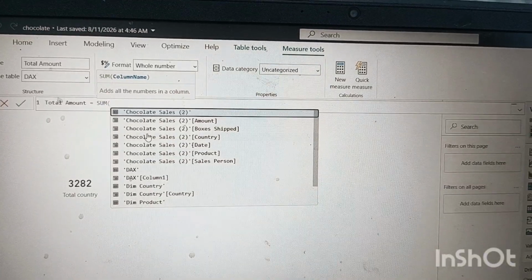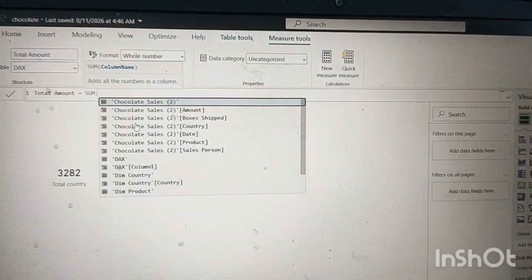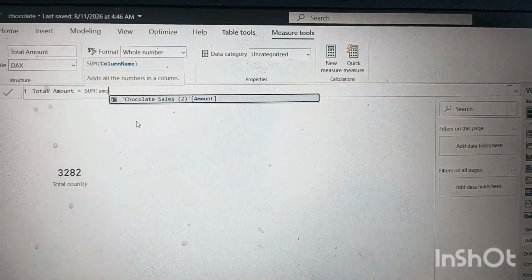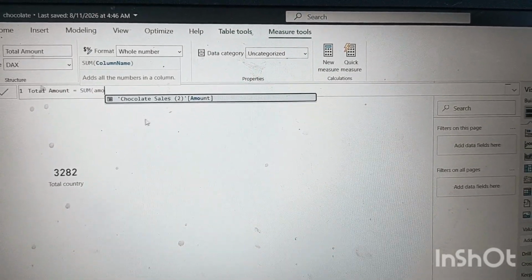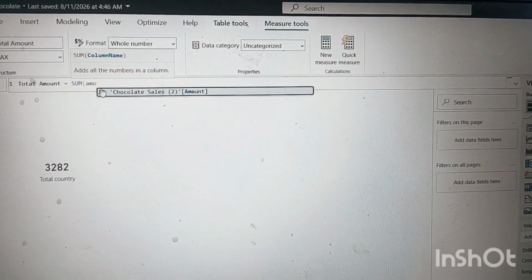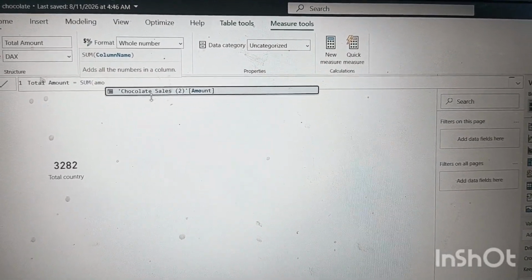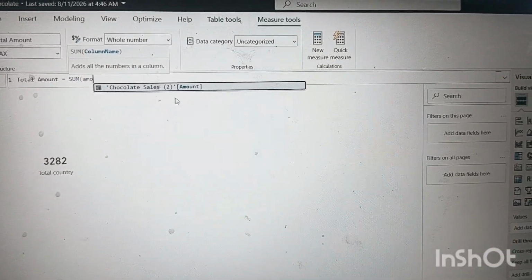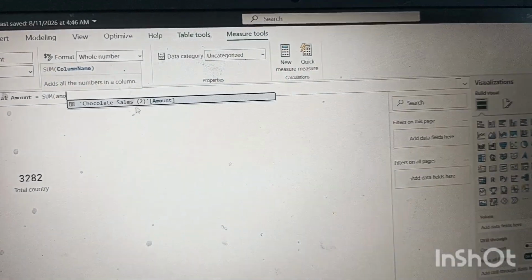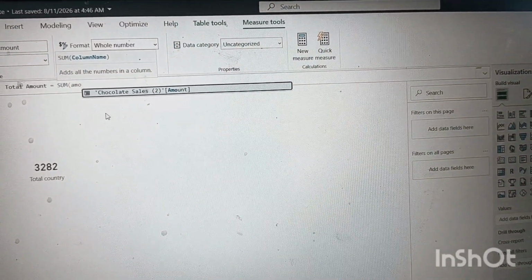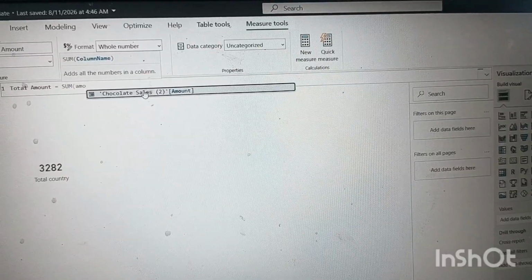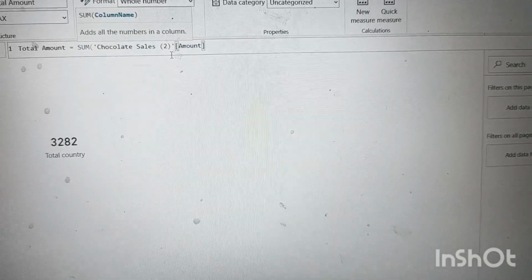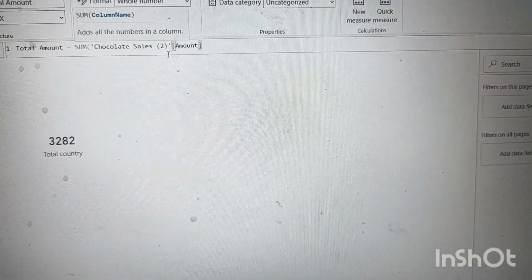So first type AMO, as we are searching for amount, and you will get the result. It shows the table name and column name within your formula. You just have to select this one, and the formula has been completed.